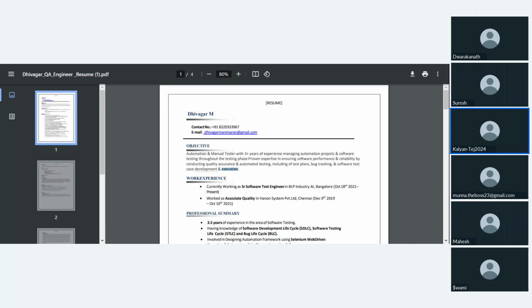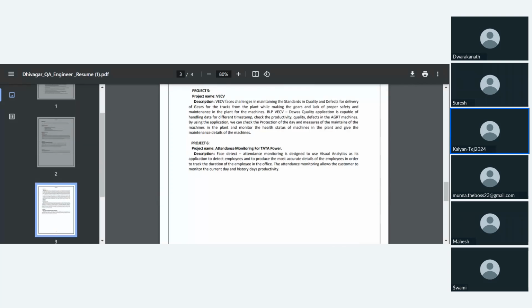And followed by, you can add your work experience. And always when you're adding your work experience, always mention the duration. In most of the MNCs, in the work experience, they will ask you where is the duration you have mentioned in the resume. Okay, I always recommend you add the duration.